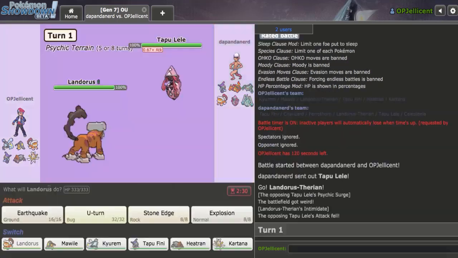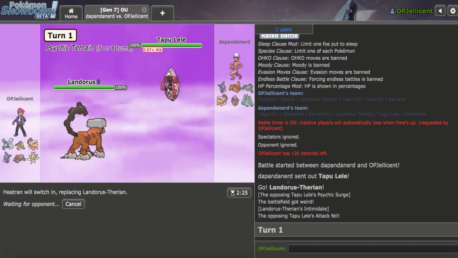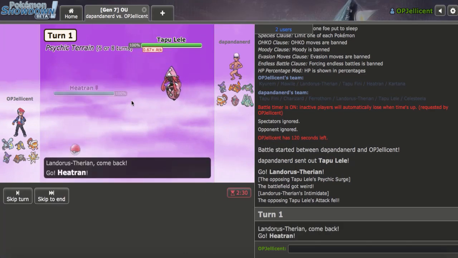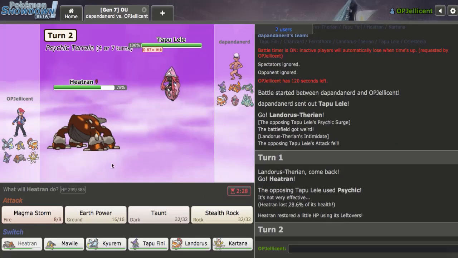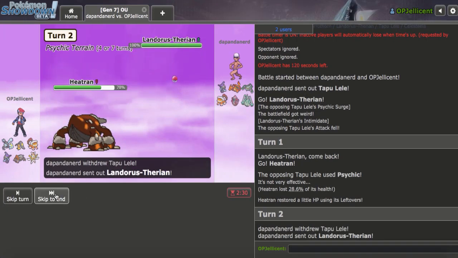Let's go ahead and lead off with Lando-T against Tapu Lele, which is Choice Scarf because I can confirm due to the terrain going off before my Intimidate. Let me go ahead and switch out into my Heatran here as they go right for the Psychic. That's fine. I can simply get out my rocks now and then...